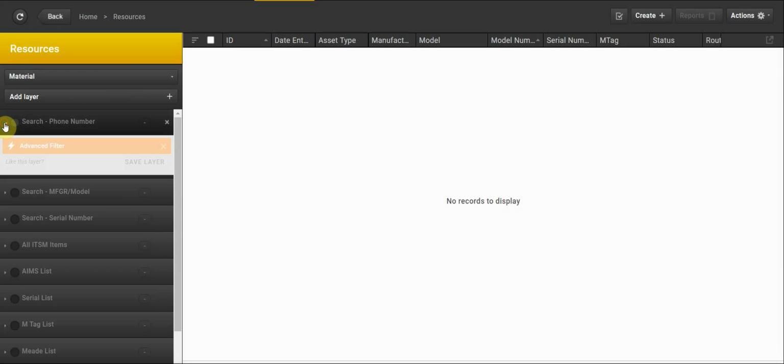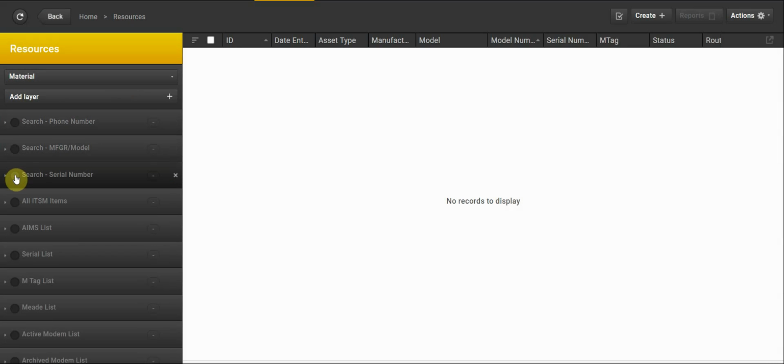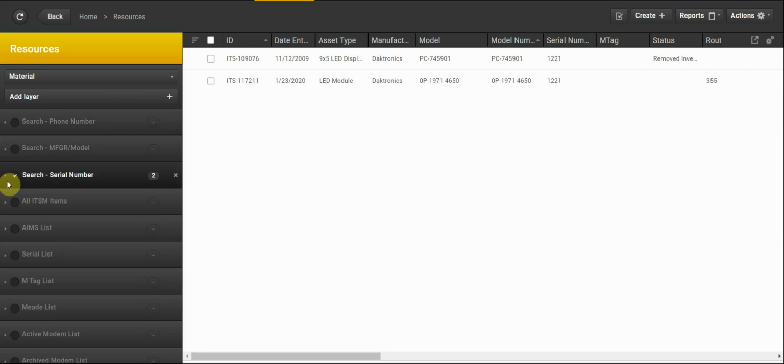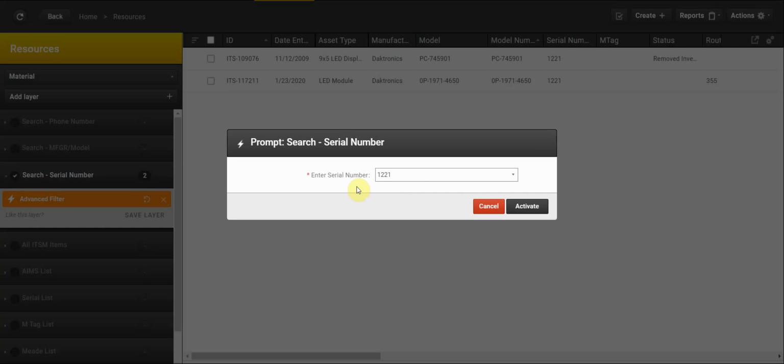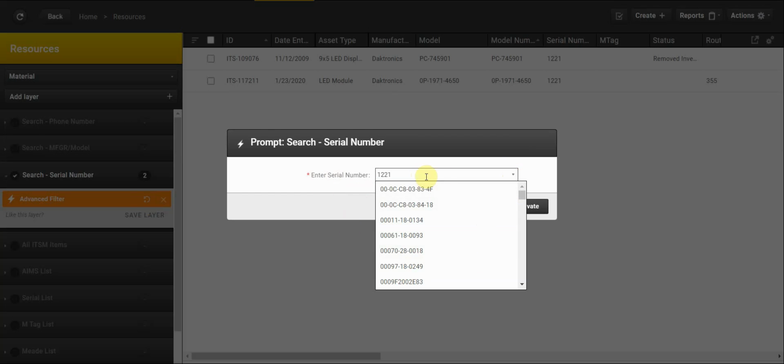We can try another filter within this video, so let's say the serial number filter. The same functionality applies here. We'll drop down the advanced filter to see that prompt, click on it, and we'll be prompted for the serial number. Again, you can use a drop-down value here, or you can simply type it in